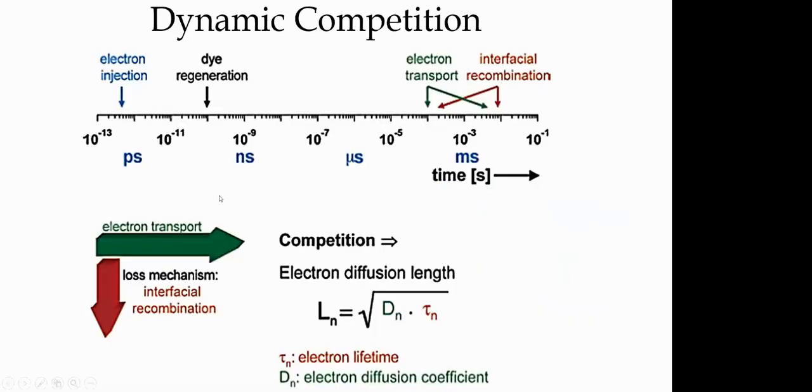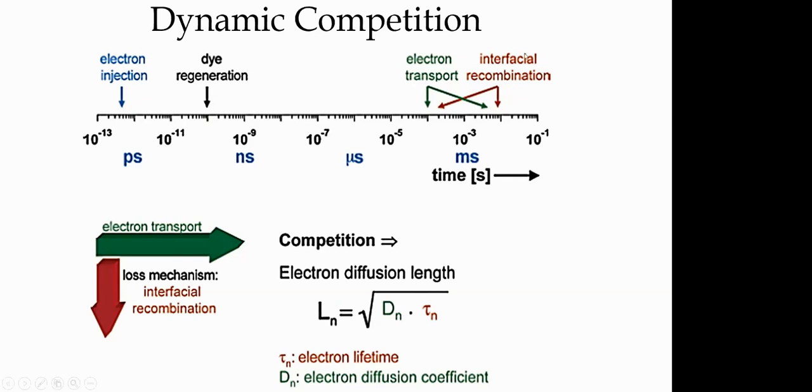Things into account. What is important is the time scale, from generation in nanoseconds, to electron injection in picoseconds to milliseconds, where it has electron transport to the outer world, the external circuit. Then there is a possibility of interfacial recombinations, and their time scale is also of the order of milliseconds. So that's why, again, we have these interfacial losses, because recombination of photo-generated carriers leads to lower efficiency, right? So we have a competition between electron transport and interfacial recombinations, and that again depends upon how large the diffusion length is, so that the electron can come out without recombining.